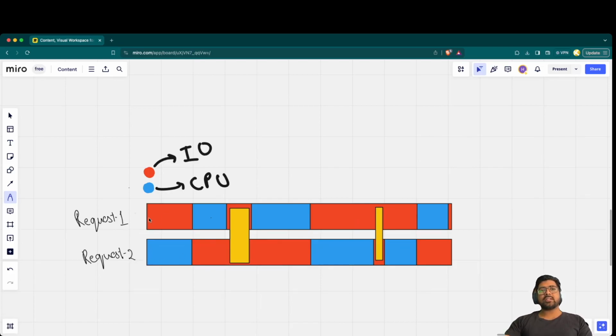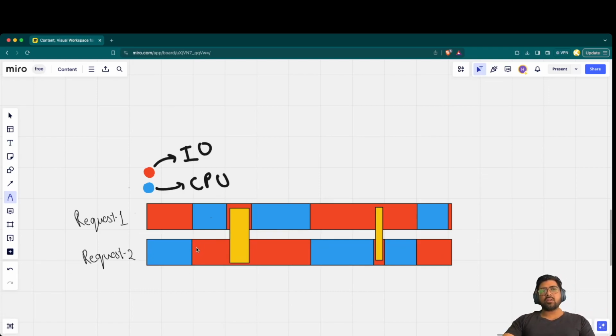So this blue means the CPU is processing request 2. Request 1 is in an IO blocking state. It is blocked right now. It is not being processed. It looks really bad, like, why am I not being processed? I could be processed right now if I had multiple threads. So what happens is, in request 2, after it is processed, request 2 says,